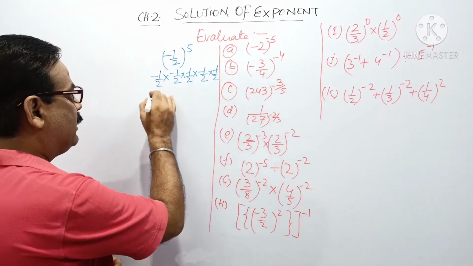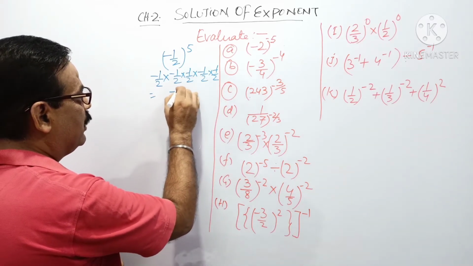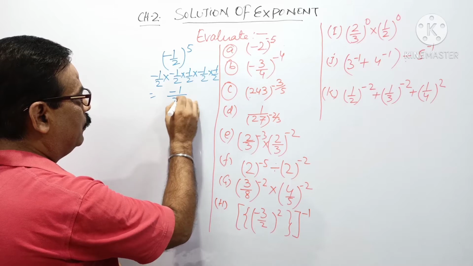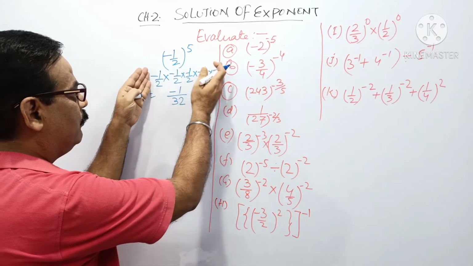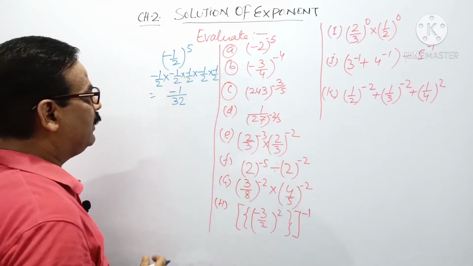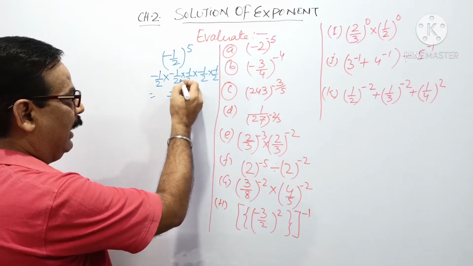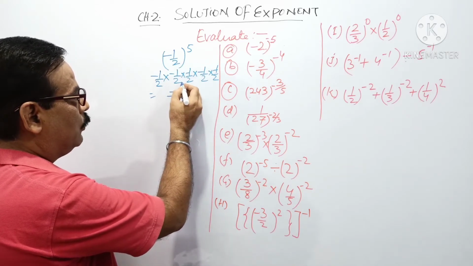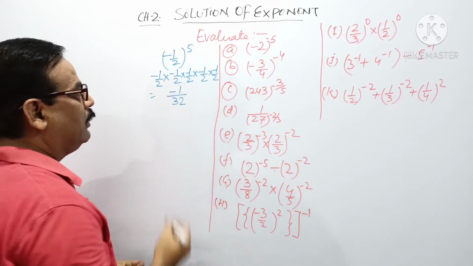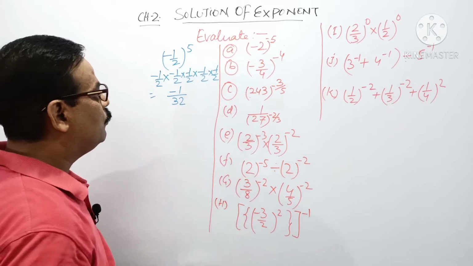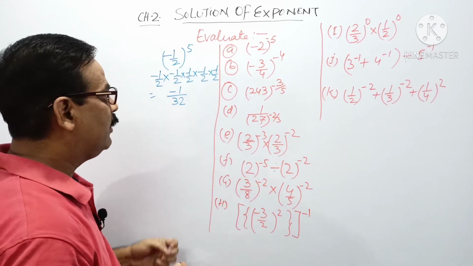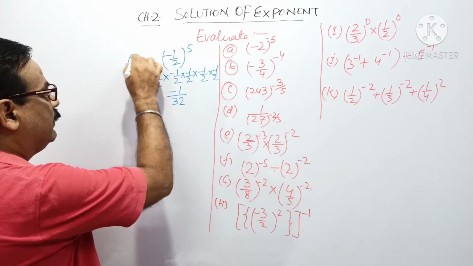And the value of this term is -1/32. -1 because here there is an odd number of times, the negative sign is given, that is -1, and the denominator is 2 to the power 5, that is 32. So the answer of the first question is -1/32. The next question is,